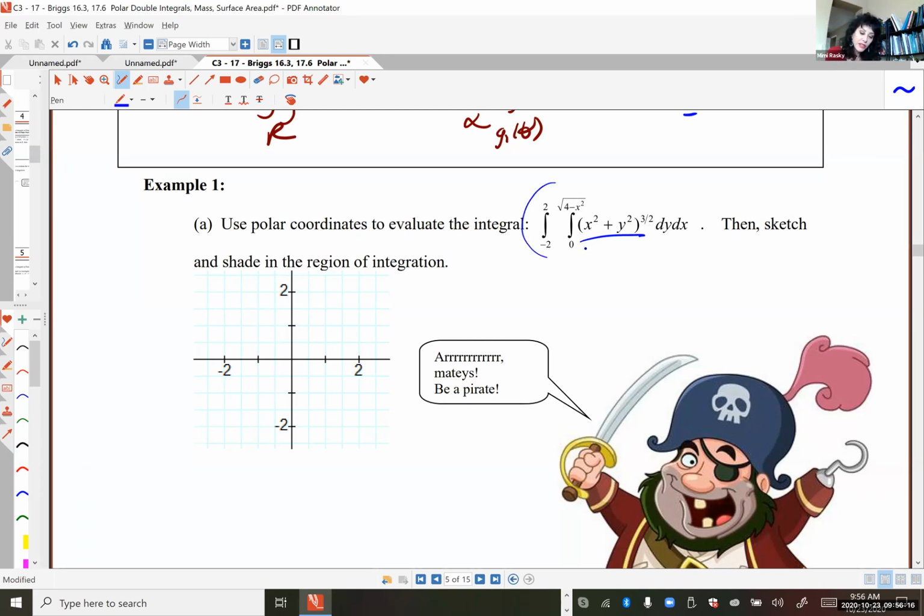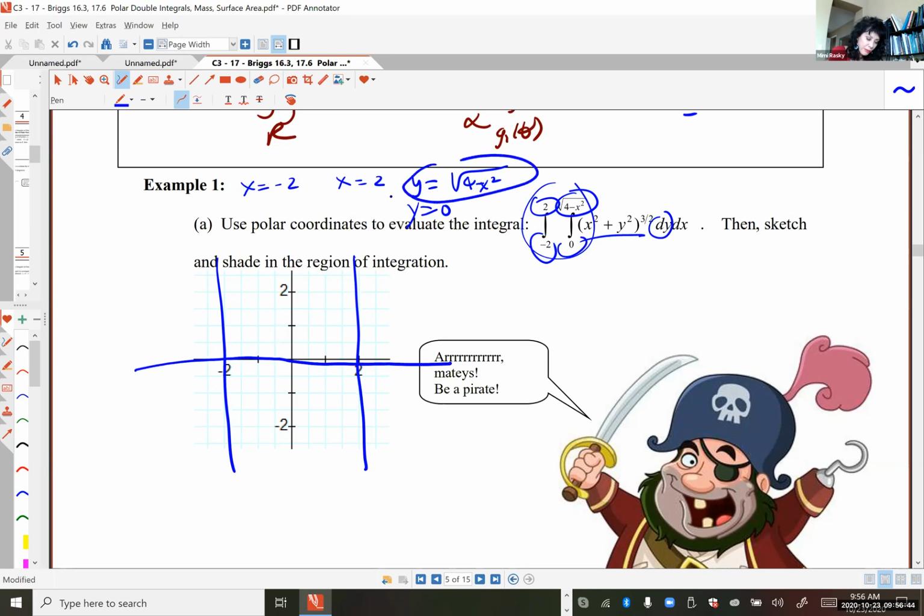Let's sketch the region of integration first. So if you use the Raschke no-fault way to do this, you look at the limits and you make those equations: x equals 2, x equals -2 are two things I'm going to have to graph. You look at the limits on the innermost integral, which have to do with the variable y. So you're going to need to graph y equals square root of 4 minus x squared and y equals 0. So if I graph all 4 of those graphs,